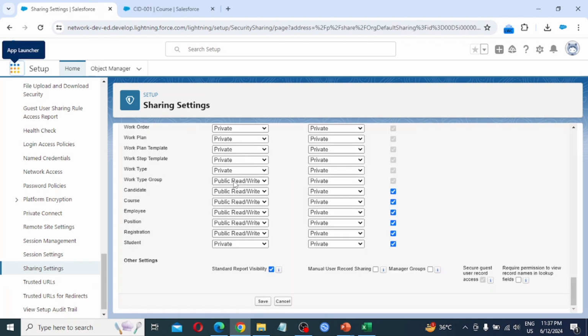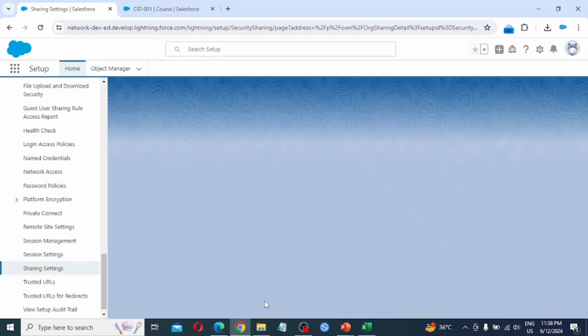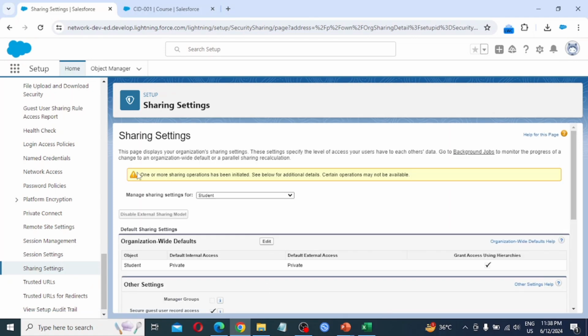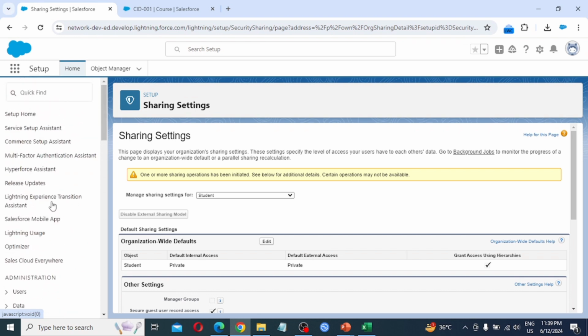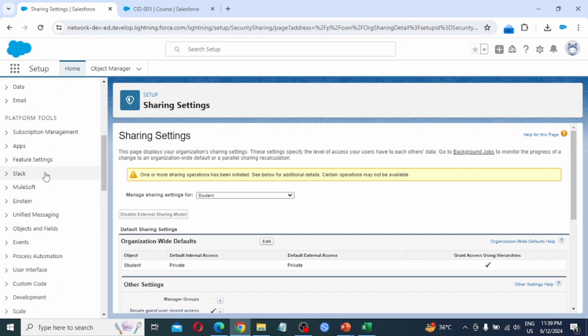So to do the practical for this manual sharing, just make the course object private and click on the save button. It may take a little bit of time. We are doing this in our main account, the Salesforce Network account. Also for the course object, we need to verify